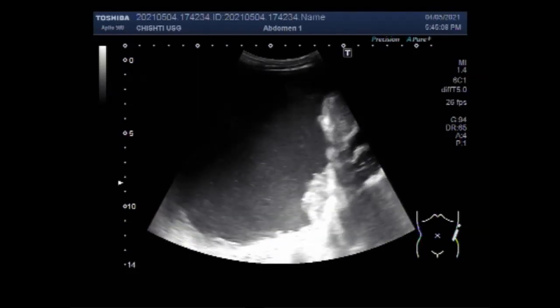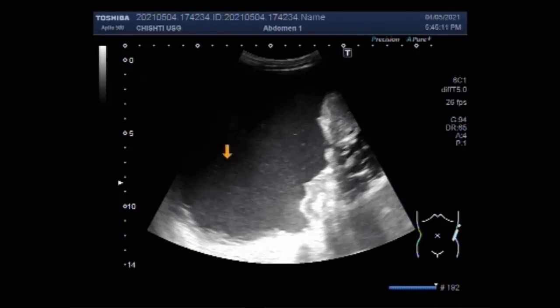You can see the left lung and a large amount of thick echogenic fluid is seen in the left pleural cavity. No lung tissue is visible as the whole of the lung tissue has collapsed. Ultrasound can show you many details about this pleural effusion.